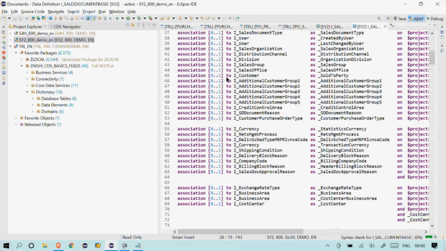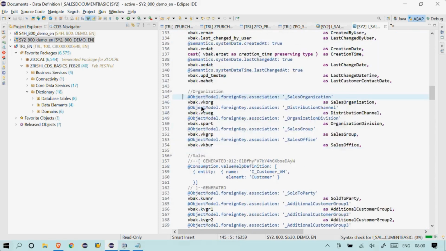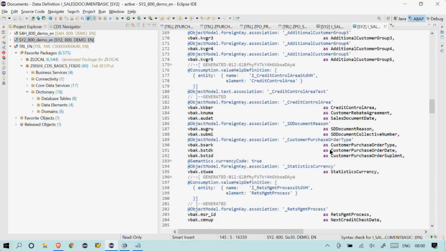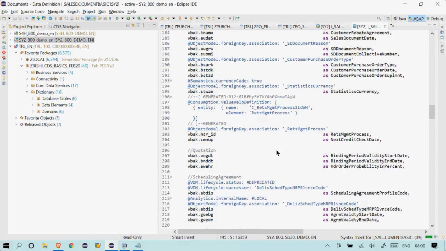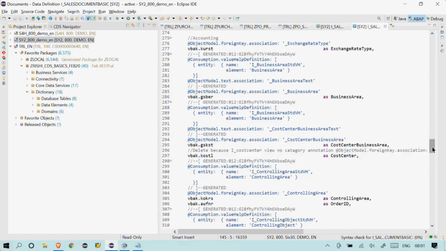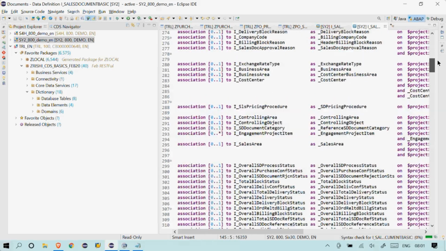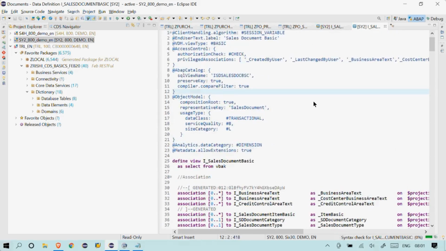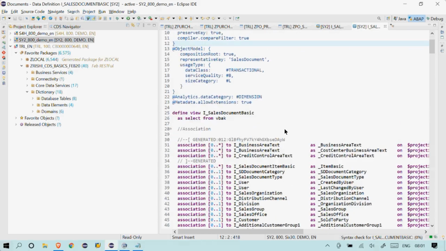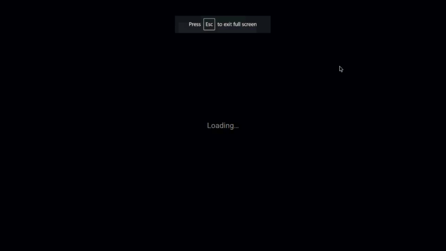So similarly, they are following the same way. So VBAK, select some fields, provide an alias name, and you can also add some information related to different annotations like currency, whatever it is. As much as possible you can associate. You can also expose your consumption views also. Sorry, your F4 helps also from here. Okay. So basically, this is what a basic view is, and that is the basic view we are going to create.